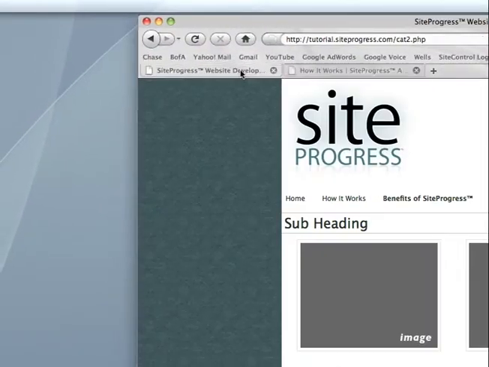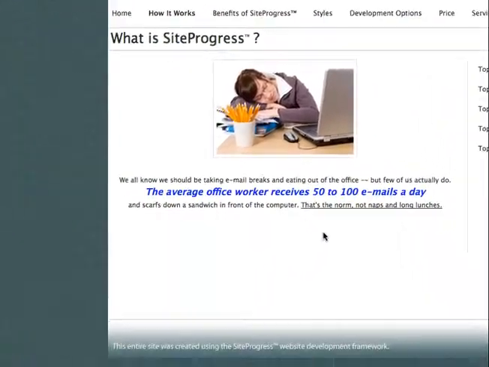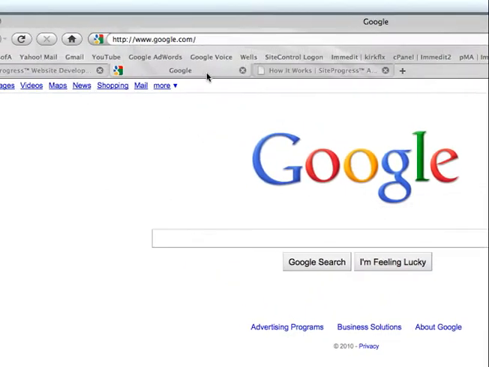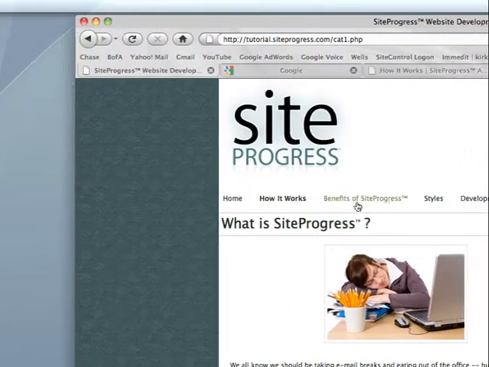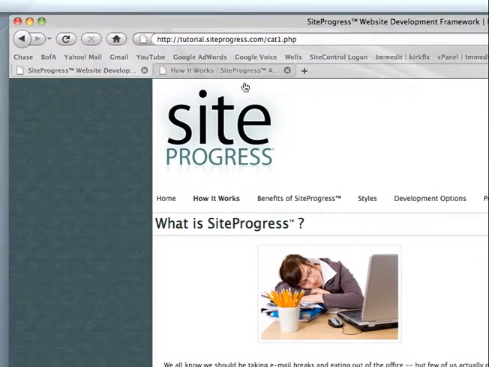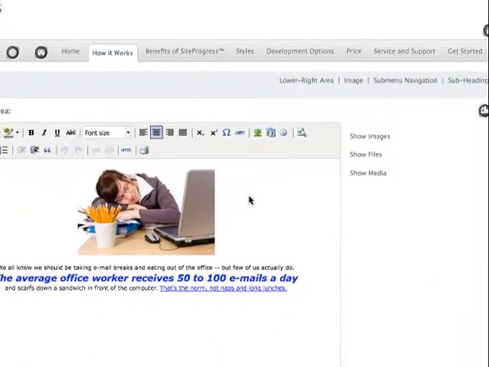Let's go back to our test site and go back to the page we're working on. And now when we click this hypertext link, sure enough, it opens up Google for us, and it opens it in a separate page. Our page is still here. So that's how to link to an external site. Again, very simple. Now the last type of linking that I'm going to show you is